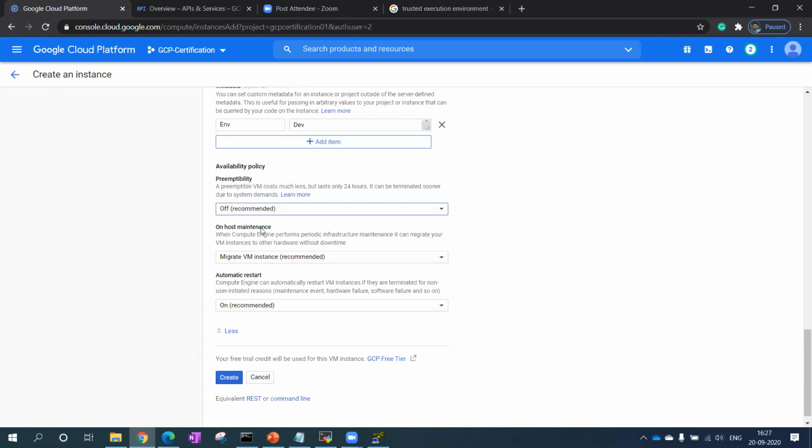Then we are moving to the next option, on host maintenance. I hope everybody is aware of how the cloud is set up. Basically, in a data center there is a kind of server, which could be a rack server, a tower server or a blade server. On one blade server they install some virtualization software or operating system, like VMware.